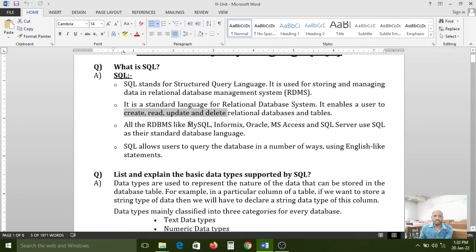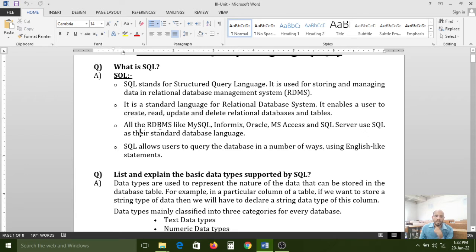That order is different, but we can pronounce it as CRUD operations or CURD operations. Each and every database can perform only these 4 operations, so simply we pronounce them as CRUD operations or CURD operations.